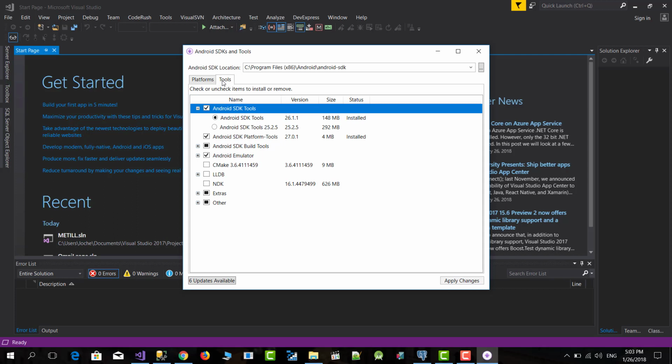So you need to upgrade to version 26 in order to download and use the new Android device manager. So in here you have to select Android SDK tools 26 or greater, then apply changes,